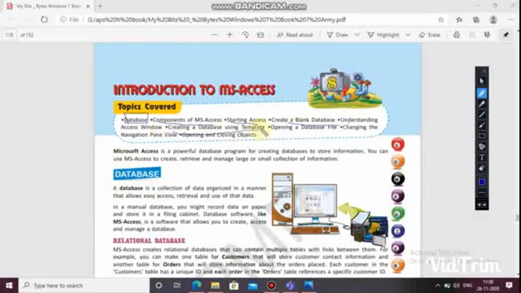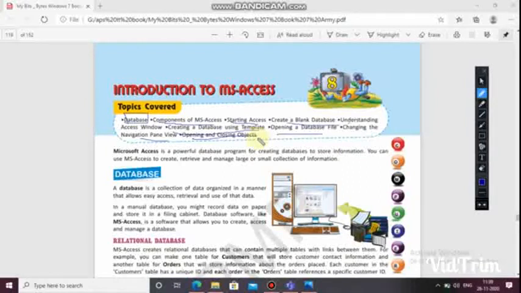Different templates are provided by Access which we will be using in a database, opening a database file, changing the navigation pane view. Two types of view are there, datasheet view and grid view, opening and closing objects. Okay, so these are the topics which we will be covering in this chapter.